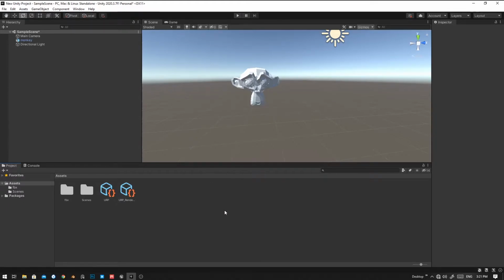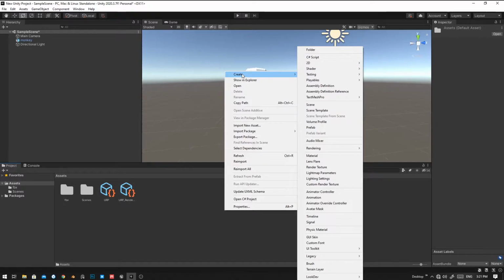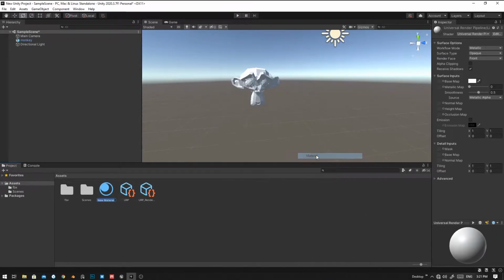Before creating any shader, you have to create a new material. To create a new material, right click on the panel and then go to create and click on material. So I'm going to name it my shader,